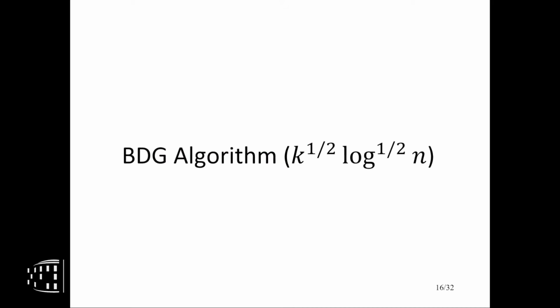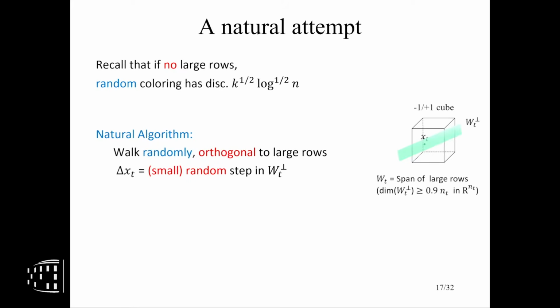Okay, so then let me talk about this previous improvement, which matched Banaszczyk's bound. So what was the idea? Going back to our previous philosophy, if your coloring was random and there were no large rows, you would get this. So if I could combine this Beck-Fiala trick, pretend there are no large rows in the world, and somehow introduce randomness, maybe I could be home. And so this suggests a natural first algorithm.